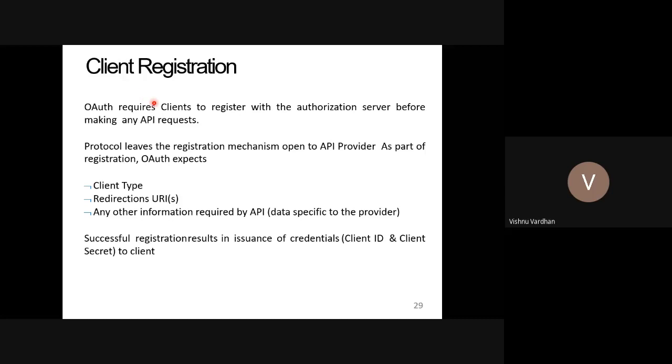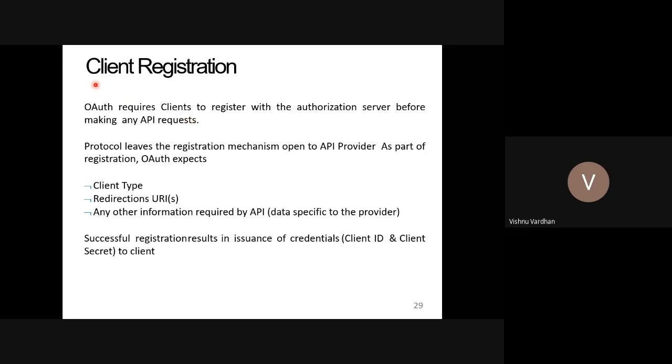First we will see client registration. OAuth requires clients to register with the authorization server before making any API requests. Suppose you are going to create a mashup, or a third-party resource like printfast.com.